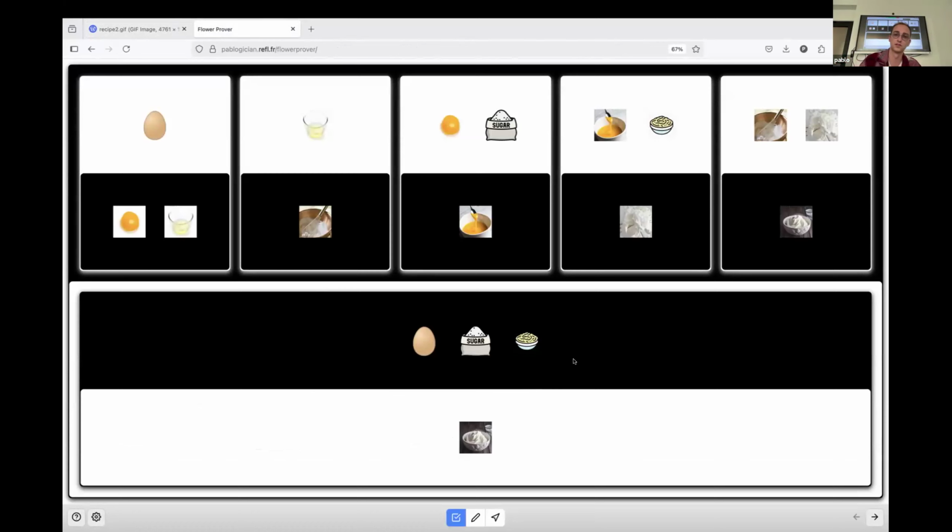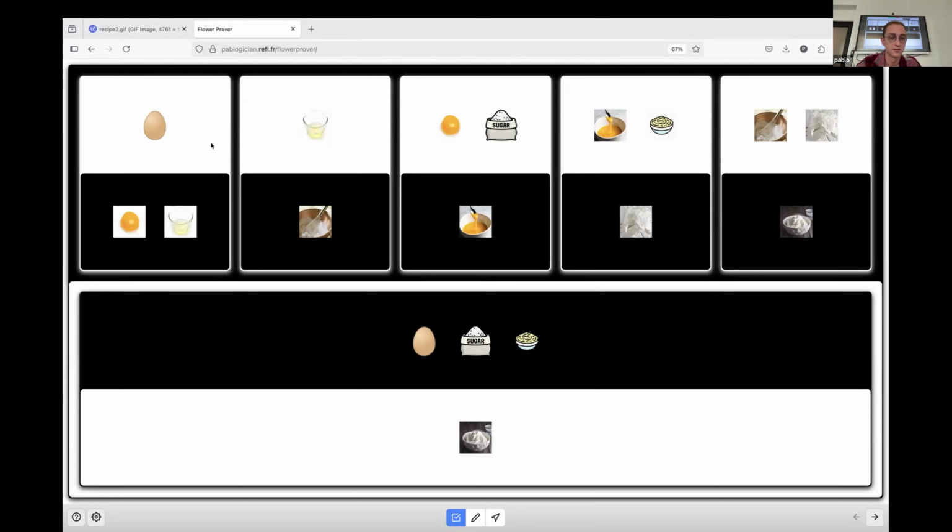Basically, the interface is based on these nested boxes. At the bottom here, you see the result of my recipe that I want to achieve, the crema di mascarpone. Then I have my ingredients in the upper part of that box in this black area: eggs, sugar, and mascarpone. This box is itself embedded in a bigger box,